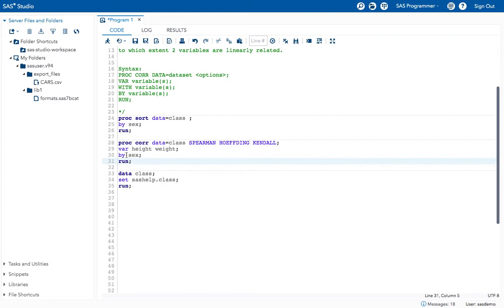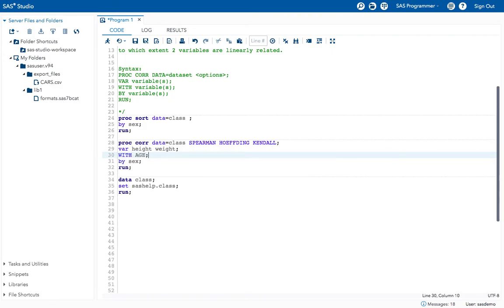See, now I am using the with option. Now I want this data with age. Okay, now execute the program. I'm taking this off.